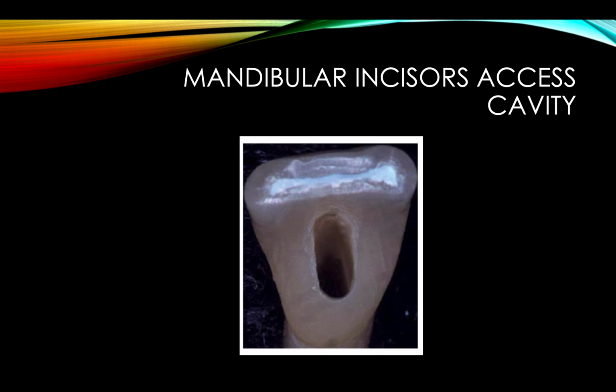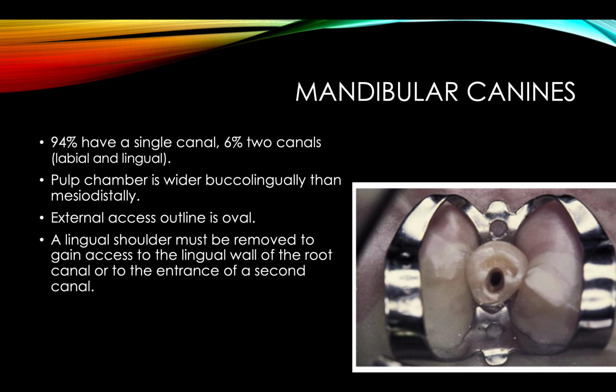This is how the access cavity will look on the mandibular incisors after completion. Now, the mandibular canines have the longest roots amongst the mandibular teeth. In 94% of the cases, they have just one canal. However, in 6% of the cases, they can have two canals located in the buccal and lingual